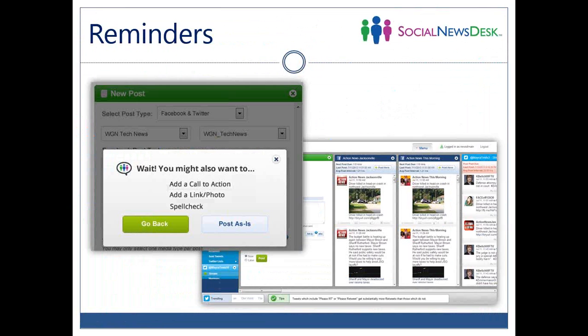We also have little reminder windows that will pop up. So if you go to make a post and you didn't spell check it, or you didn't add a link, we're going to say, hey, did you mean to do that? If you did, that's fine. You can just post it as is, or you can go back and maybe add some more to make that